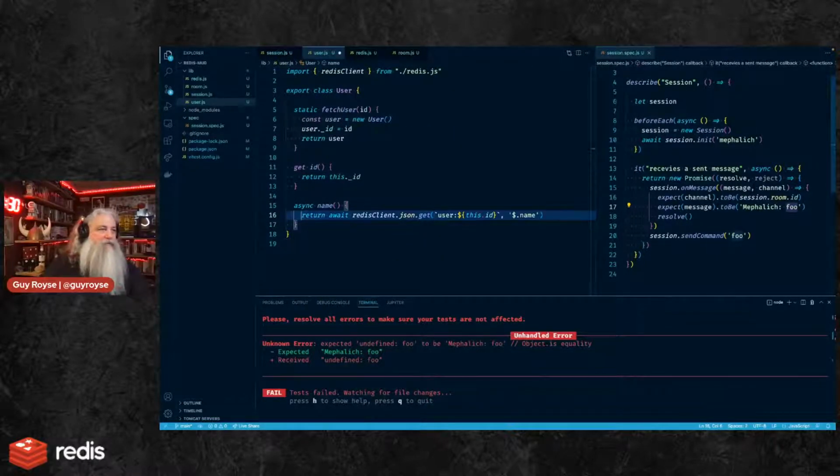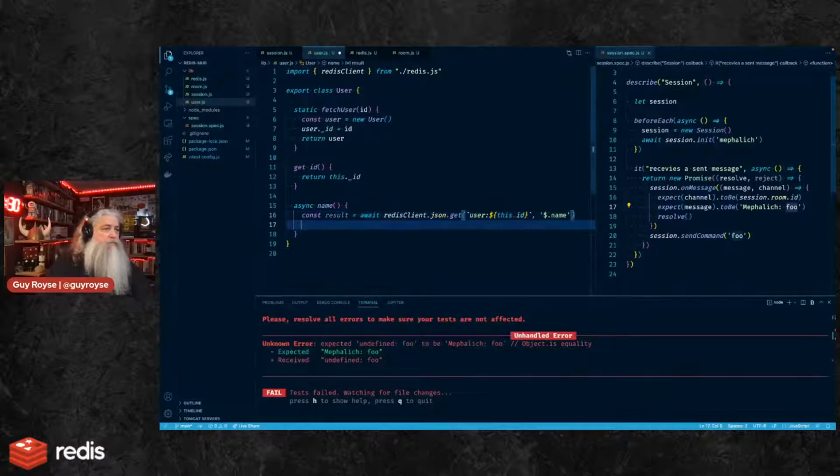Okay, so const result equals, a little more clean, and then return result[0]. What?